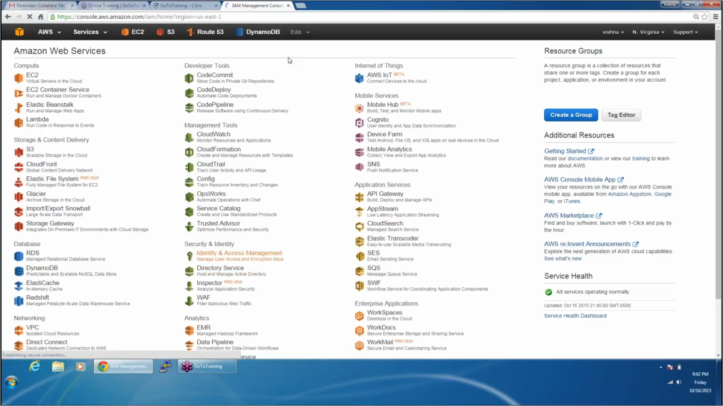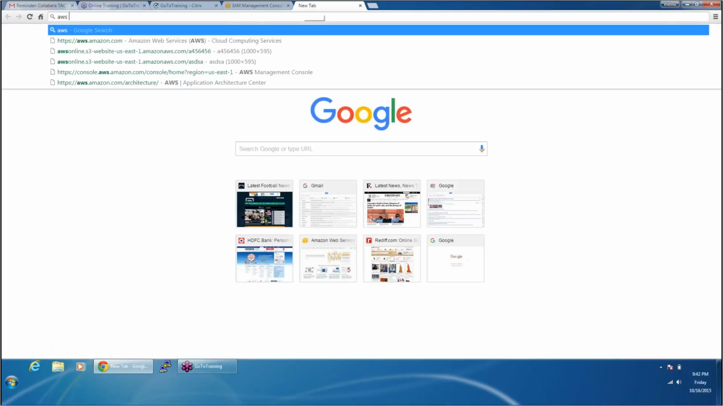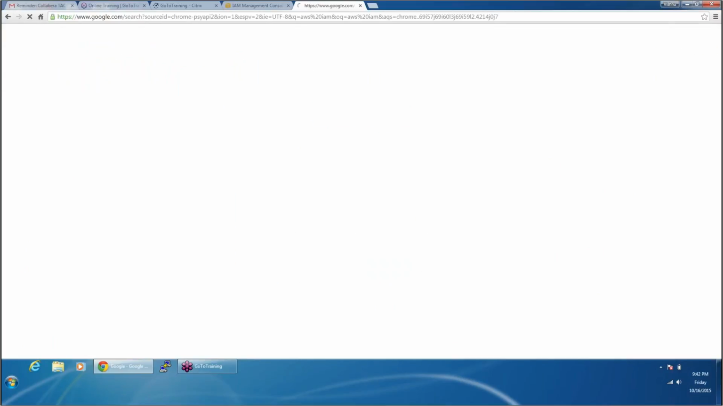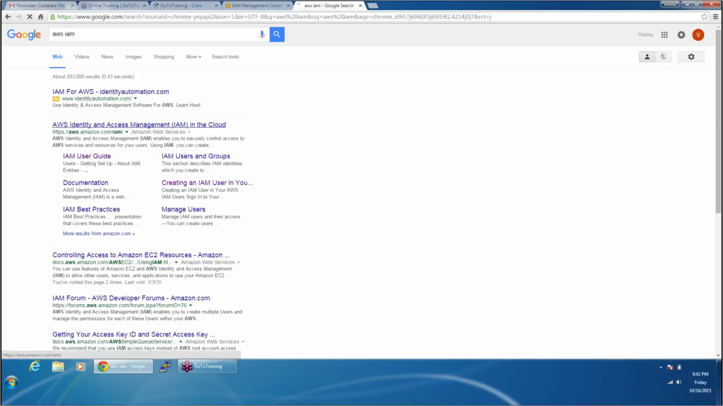All right. So identity access management, AWS IAM, right? When I type in identity access management, you get to this page. This is a product page. So for any of the products that we are talking about,